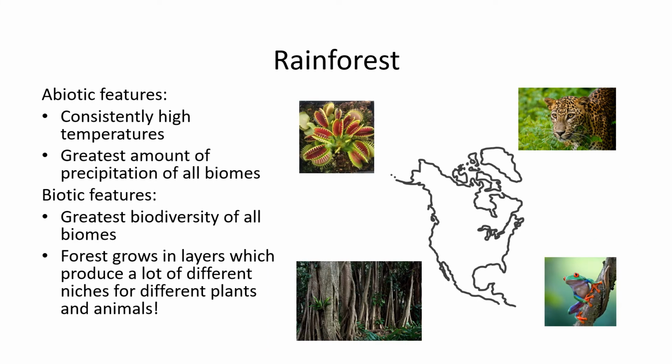Finally, rainforest is the most biodiverse, and so way down here and through South or Central America and into South America would have lots of rainforest ecosystems. Rainforest ecosystems, because of the warmth and the abundance of water, have the greatest variety of living things on Earth, or at least in the terrestrial part of Earth. And one neat way that produces so much biodiversity is a layering thing that happens there.